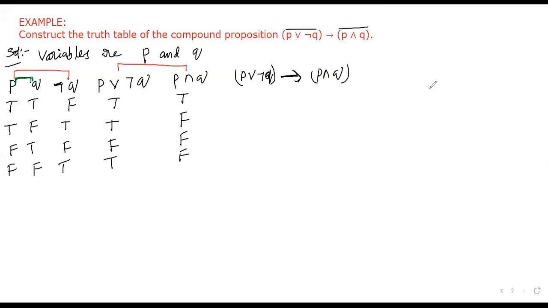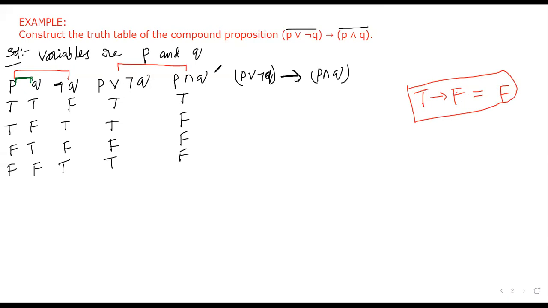That means simply I will write here T. All of you observe. What is the biconditional? T biconditional F gives false. In all the other cases it is true. Am I right? Keep this one: the first one is true, the second one is false, then the conditional is false. In all the other three cases, it is true. This is the truth table. If you know the truth table, you can solve any problem.